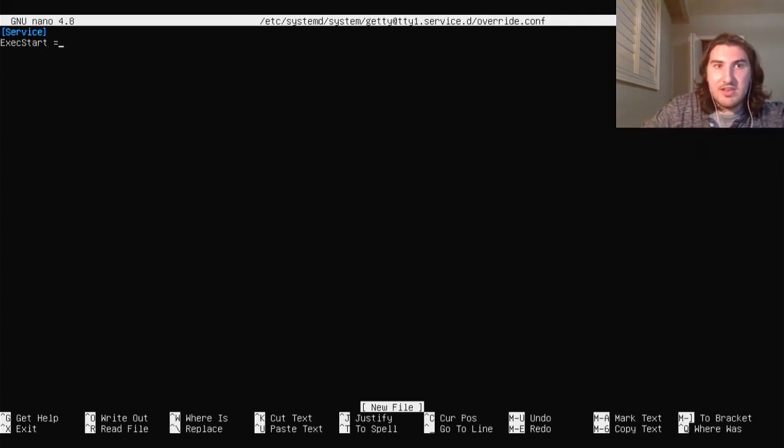ExecStart equals, and now that doesn't equal anything. So this is the first line. And now the second line is going to be the same thing, ExecStart equals, and then dash, and then I'll copy what I'm typing, sbin,